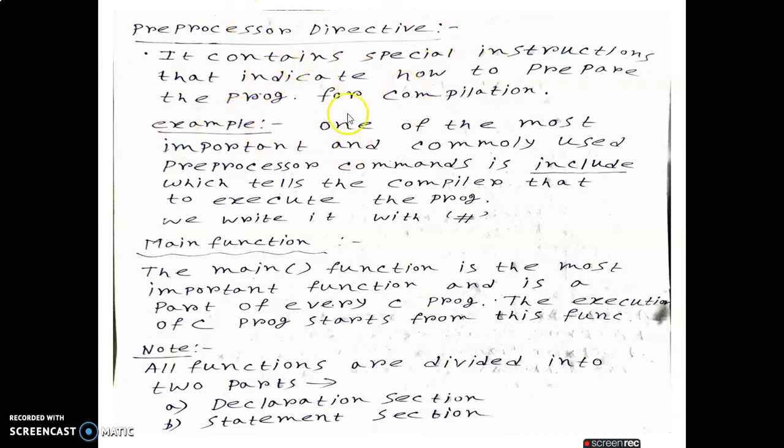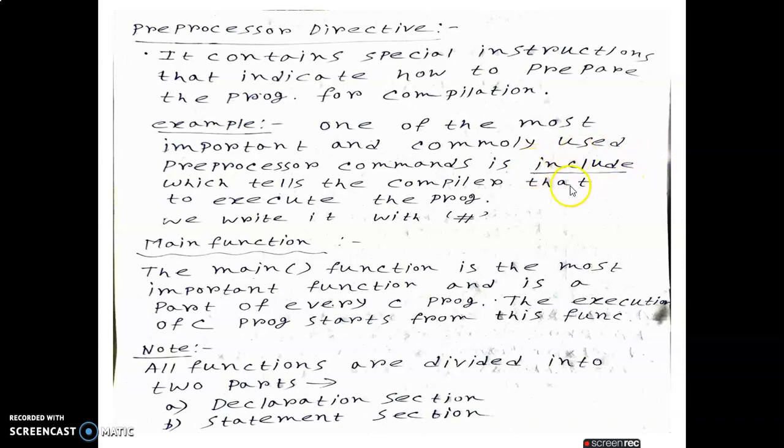For example, one of the most important and commonly used preprocessor commands is include. We write it with a hash, meaning we start the line with a hash symbol. Hash is the preprocessor directive, and the most commonly used preprocessor command is include.